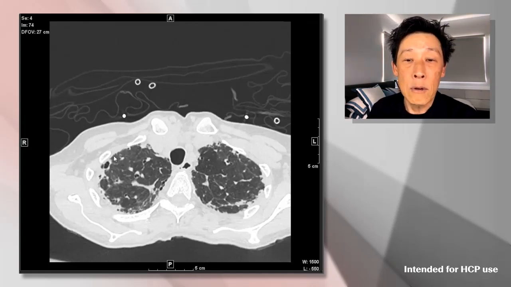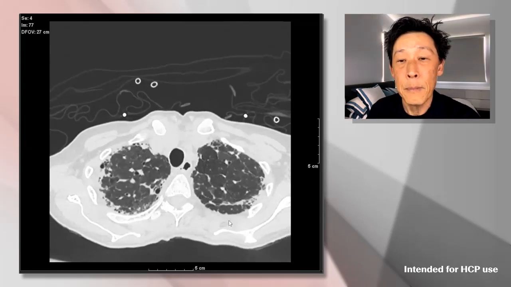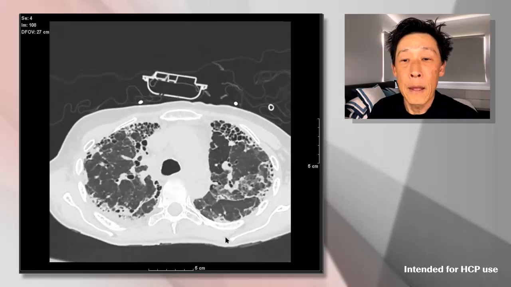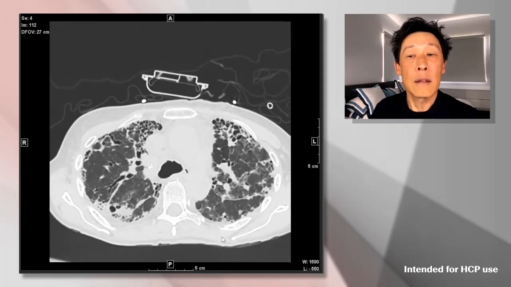And what you also notice is that the surfaces where the lung touches the pleura are very irregular and almost serrated. And you can see that here. There's not a very nice smooth interface. Now, as we go a little bit farther down, we see that the lung looks